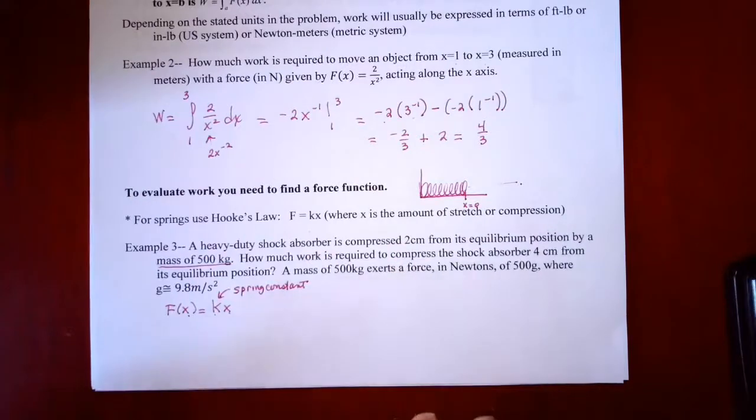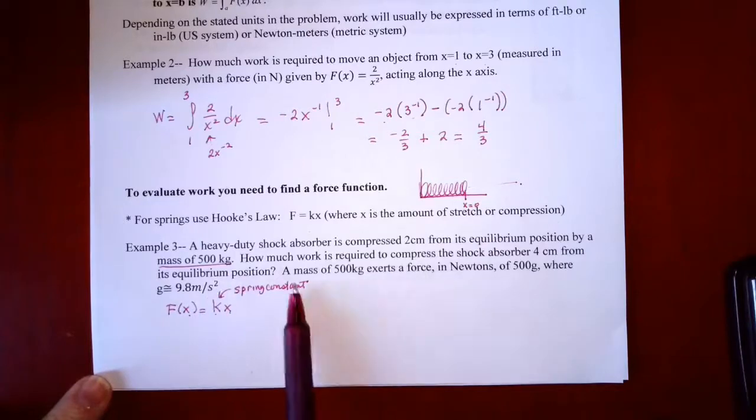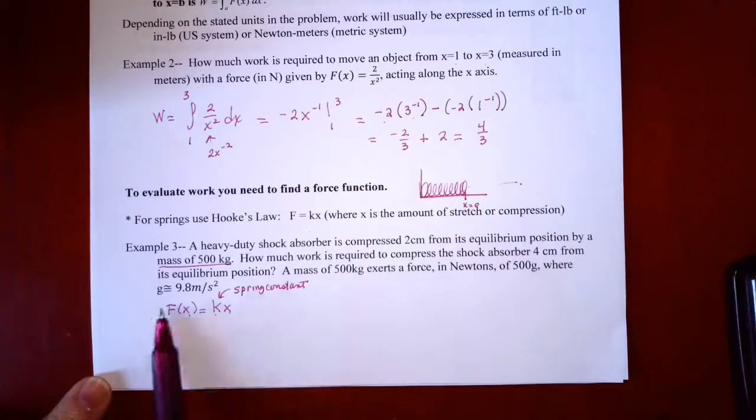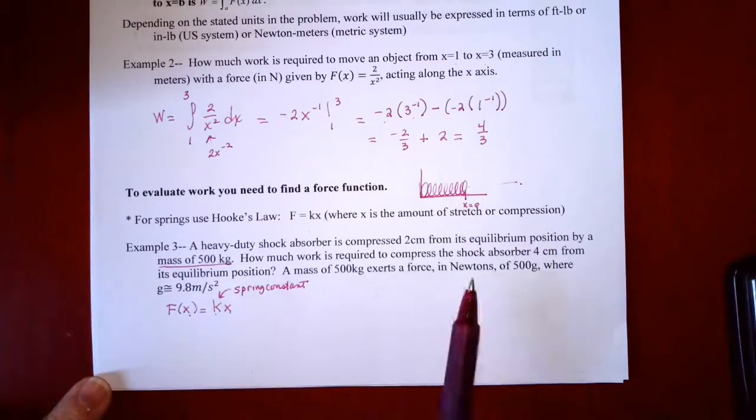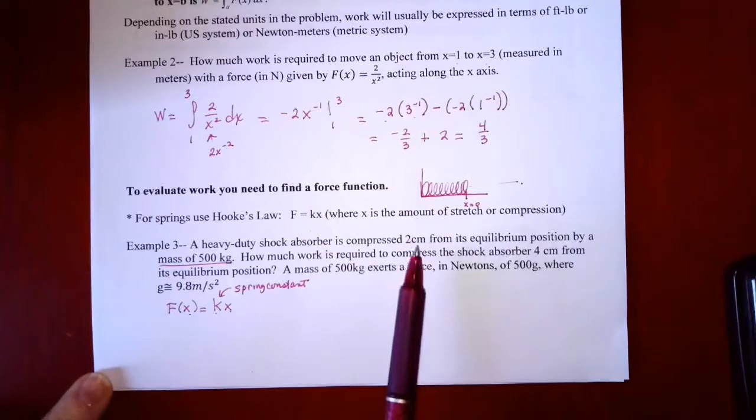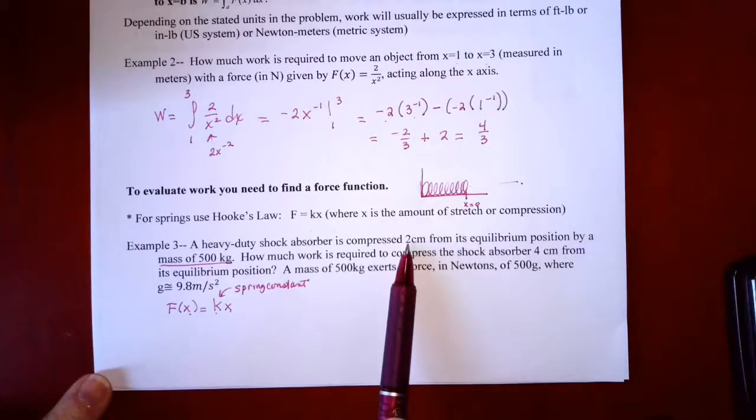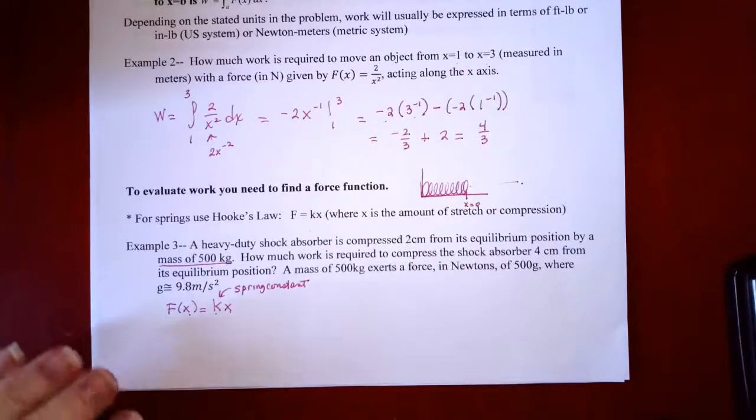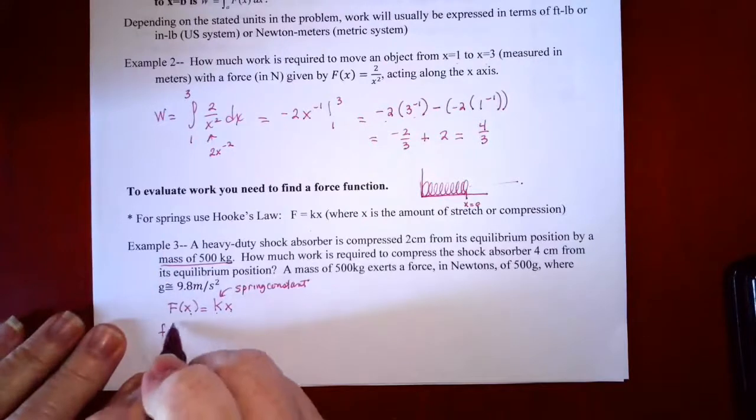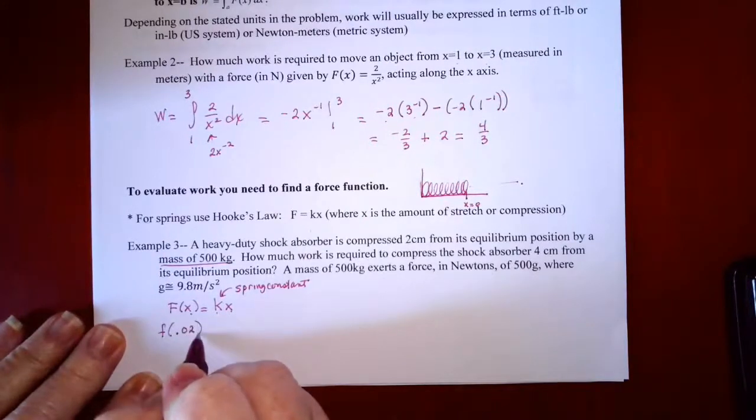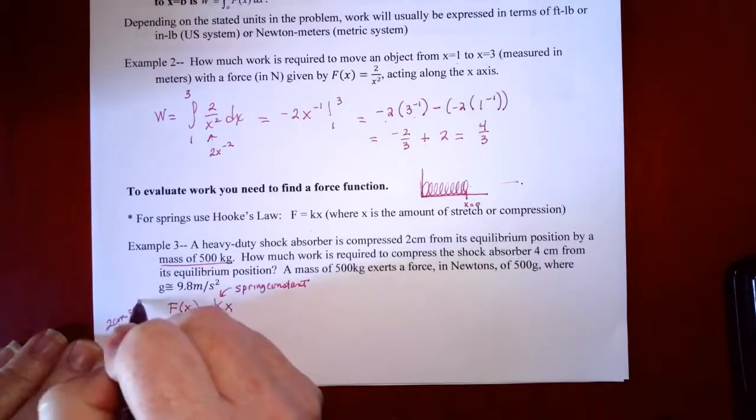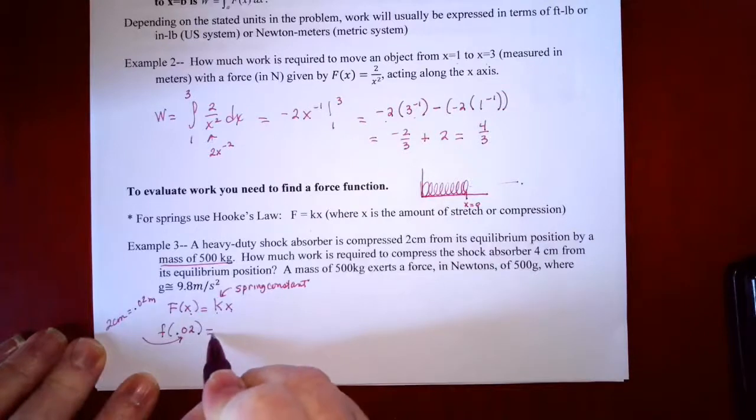Okay, so we want to be consistent in our units. Since they're telling me a mass of 500 kilograms exerts a force in newtons of 500 times gravity, where gravity is 9.8 meters per second squared, to be consistent, I'm going to change my compression to meters. Remember, 2 centimeters is 2/100ths of a meter. So we'll say F of 0.02, that's 2 centimeters equals 0.02 meters,